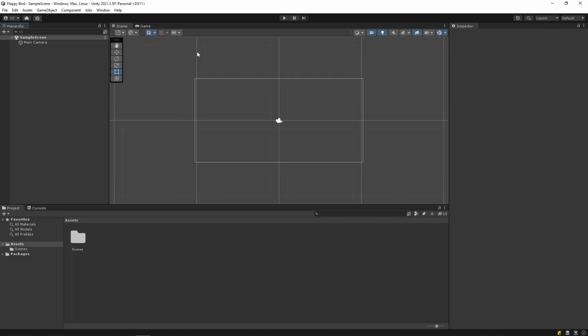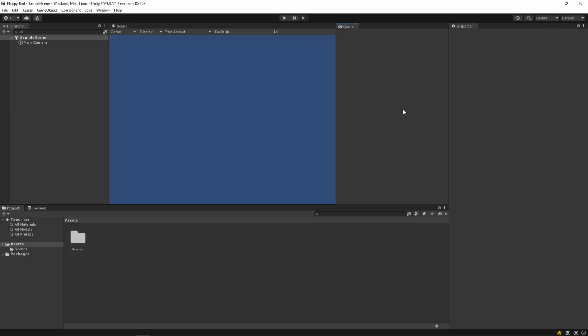So you'll notice in the very middle, there's this scene tab and there's this game tab. What I want to do is pop out this game tab by holding down left click, dragging it. I want to put it on the right of the scene tab. So just put it right here with the intention that they're side by side. And then make it about even. To the right. And then you want to do the same thing with the console and the project.